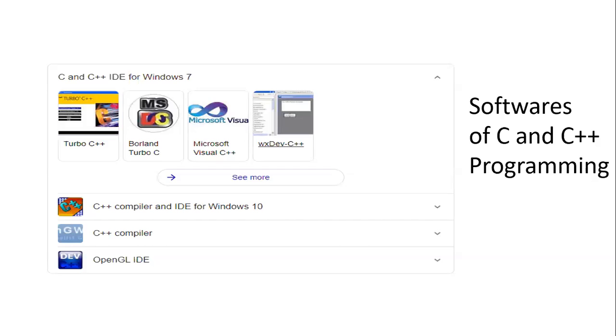We were looking into the C programming language, the basics we have seen in the last videos. We have understood the C tokens, what is a C token, what are the keywords, what are variables, what are identifiers. And now let us execute a simple C program and see how it is going to give us the results. For that, you will be requiring the software for C programming.